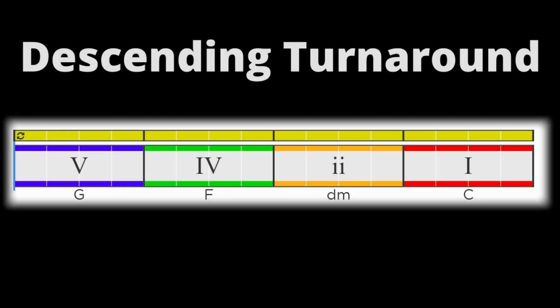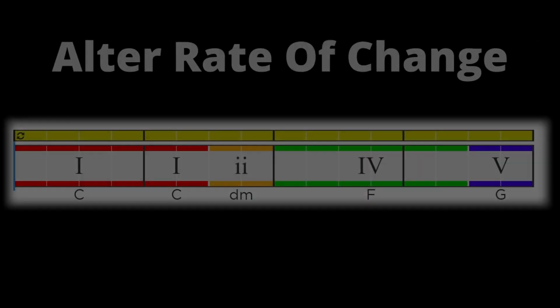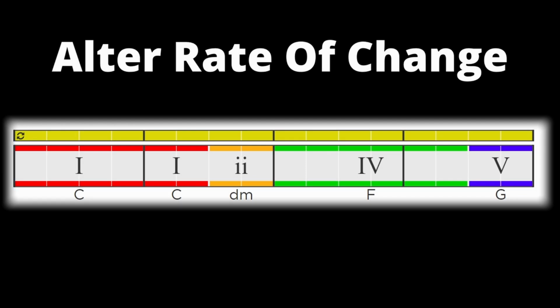if we take our primary turnaround and reverse the order, starting on 5 and ending on 1, we create a descending feeling. This is useful at the end of a song or when creating a change in movement. Another way to mix up a primary turnaround is to change the speed at which the chords change, such as